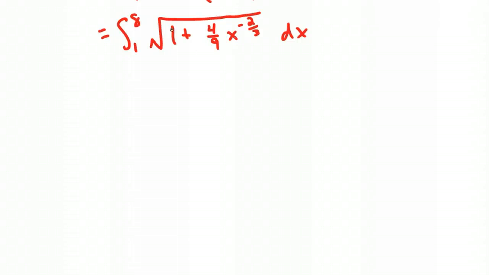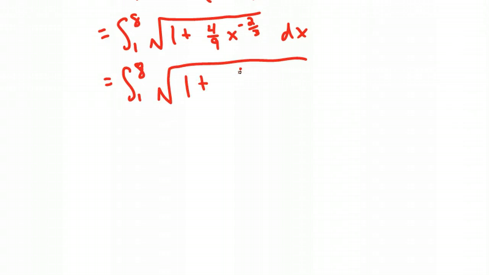Should we do a u substitution? Should we let u be this in here? Well, if we did that, then du would be something involving x's, and we just don't have that out here or out here. So I think you have to be a little clever here. One way to do this is to rewrite the second term as 1 plus 4 over 9x to the positive 2/3 power